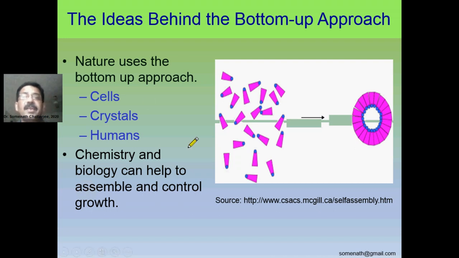Here it is given as an example that these are all the magnetic domains. If I use one magnet, then they will be oriented in a particular manner, and due to the attraction, it behaves like a magnet. So for a particular purpose, when the atoms or the molecules or the clusters, that means the assembly of atoms and molecules, are oriented and engage themselves for a particular function, then it is called the bottom up approach process.